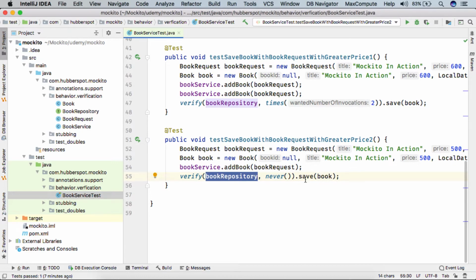So let's say we have this save method and let's say we have some other methods. If we want to verify that after performing any operation on the class under test, no interactions were made on any of the methods of the book repository, then Mockito provides certain methods to verify that also. So friend, let's suppose in our book service,